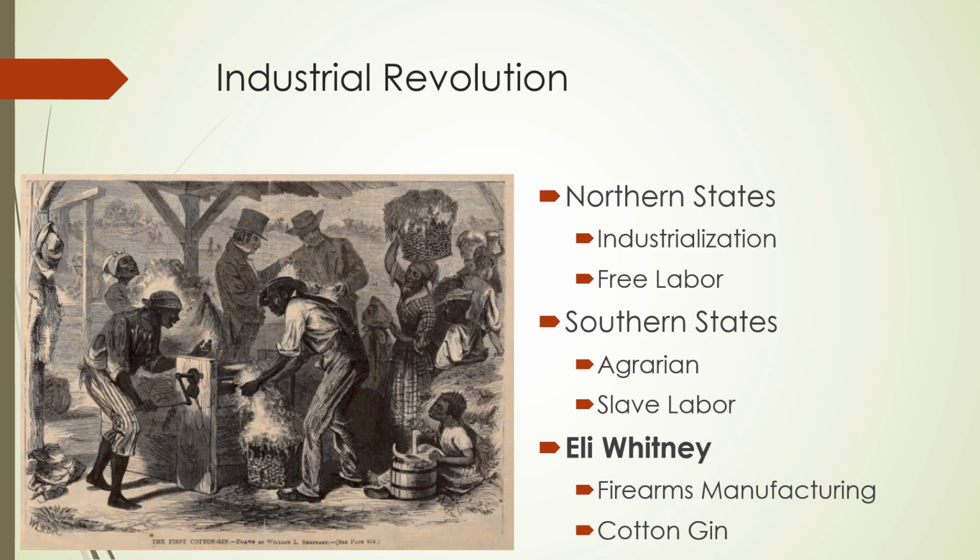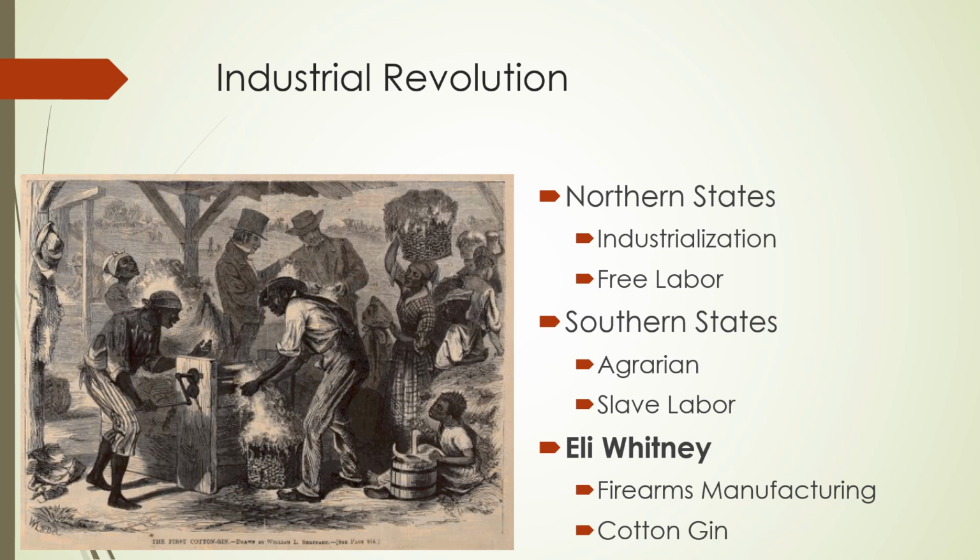Now, that's good. Here's the problem. By doing that, Eli Whitney made short staple cotton profitable. Now you can make money off short staple cotton as long as you have a cotton gin. The issue is that is the only part of cotton production at the time that had been replaced by machine, meaning the land still had to be cleared by hand. The land still had to be tilled by hand. The cotton had to be planted by hand. The cotton had to be tended by hand. The cotton had to be picked by hand.